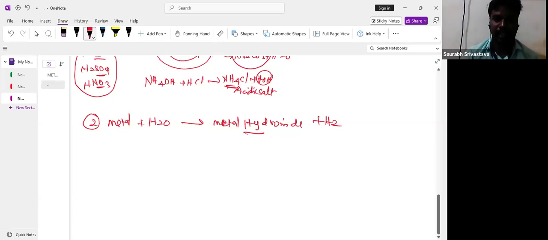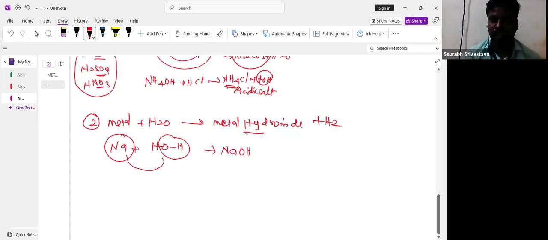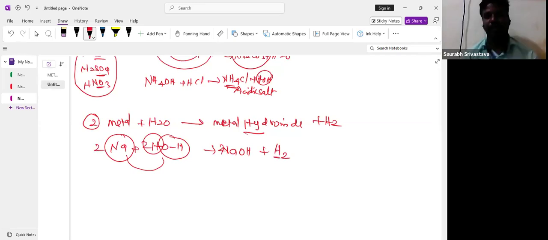Now see here, sodium is a metal. You are going to add water. Water we can write as HOH also. So here Na is going to join with the OH. Then you will write NaOH plus hydrogen. Then you can write H. But hydrogen should not exist normally, so that's why we are writing 2. Here also you should write 2, here also 2. And here also there is a balancing chemical reaction.